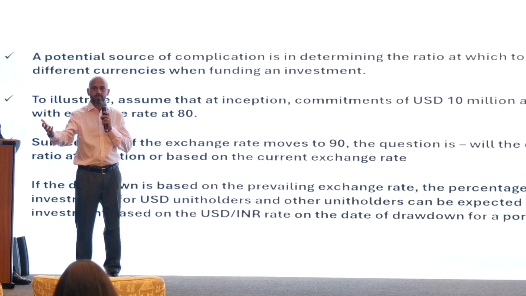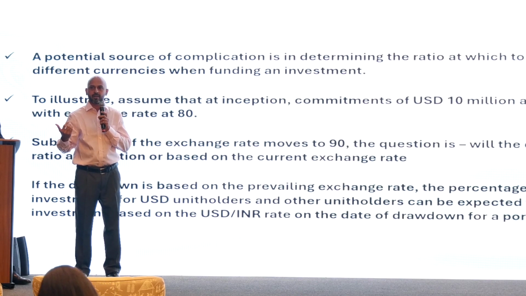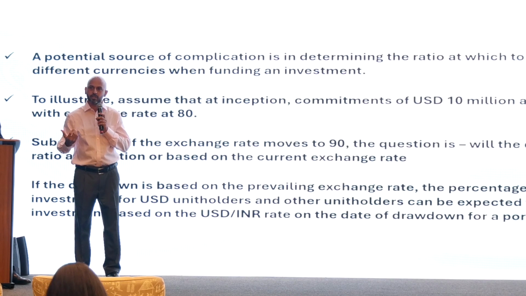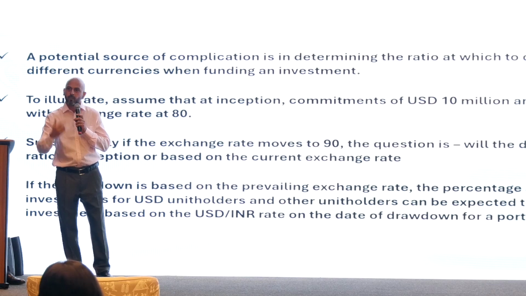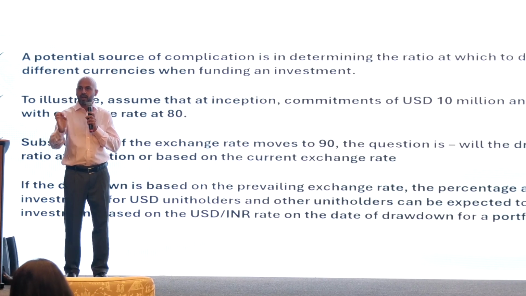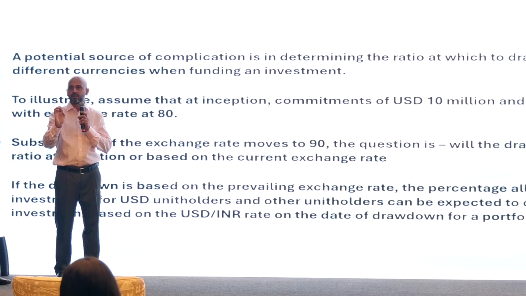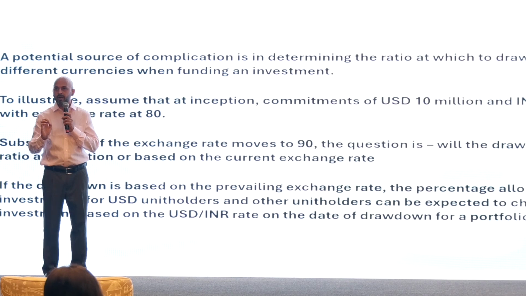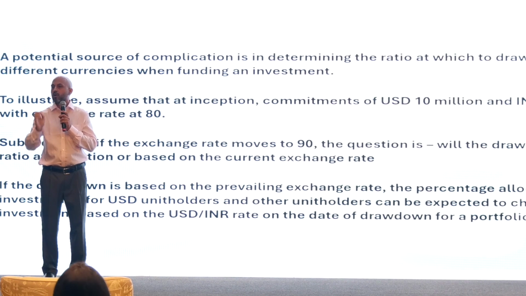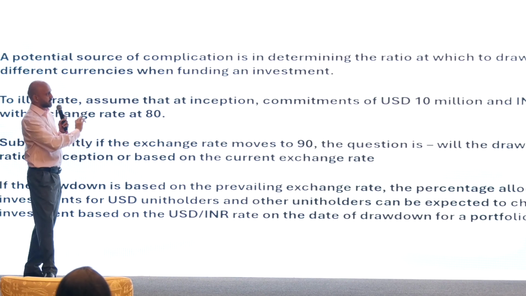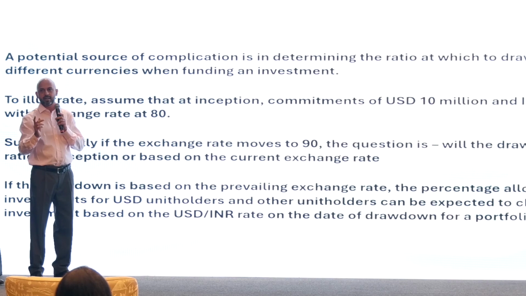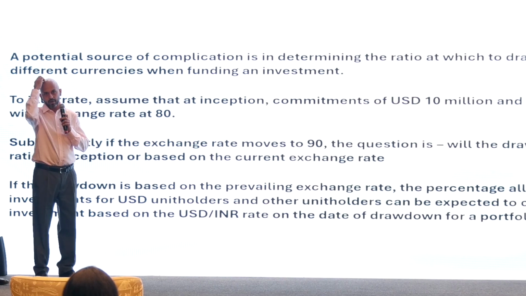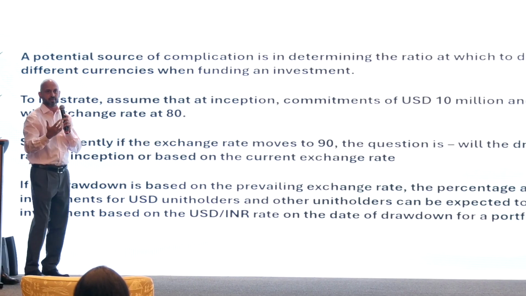So if I'm going to invest in a 50 crore INR asset, I'm going to draw 25 crores from INR unit holders and 25 crores from USD unit holders. The implication there will be that in the drawdown notice, you will probably have different percentages of the committed amount that you will end up calling. And this is operationally something that needs to be sorted out by the fund managers